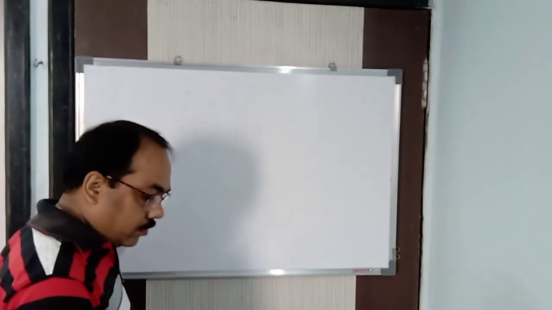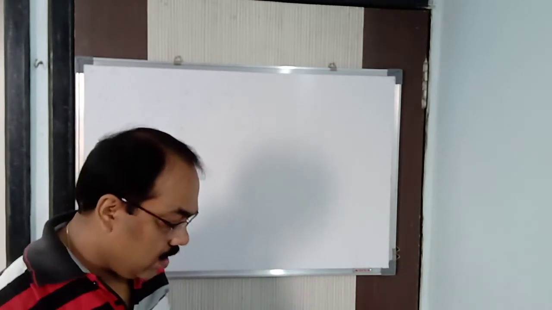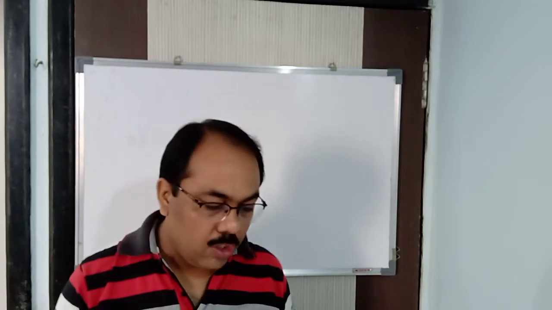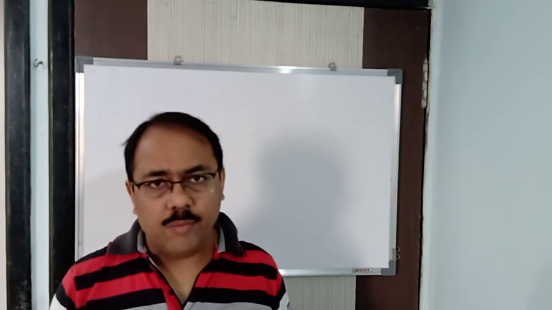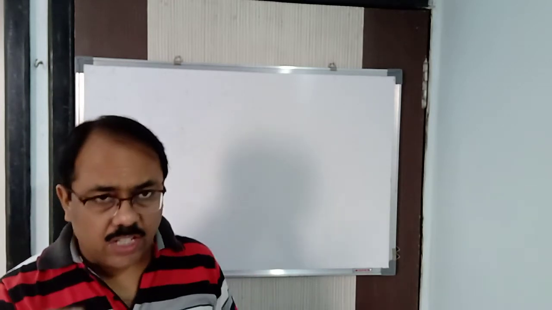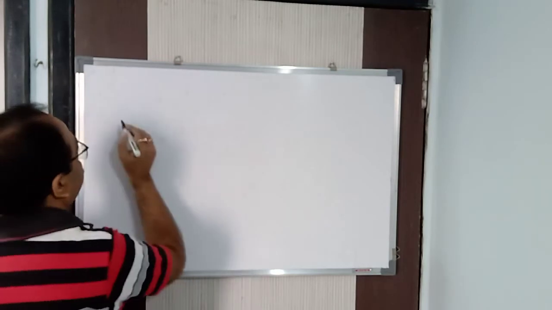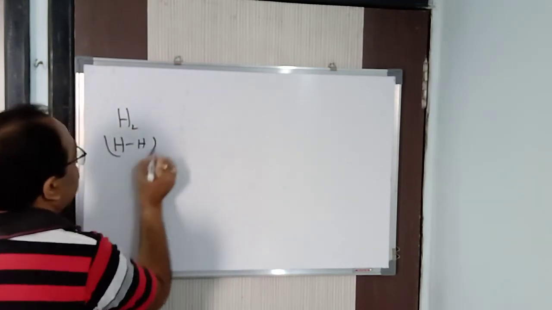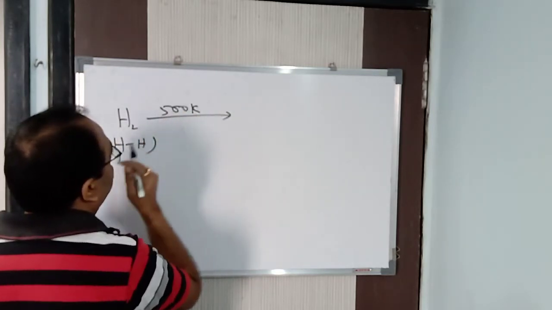Now coming to the properties of hydrogen, that is, the chemical properties of hydrogen. What you find is that when hydrogen dissociates, a huge amount of energy is given out. It is estimated that when H single bond H, that is H2, dissociates, the temperature is around 500 Kelvin and